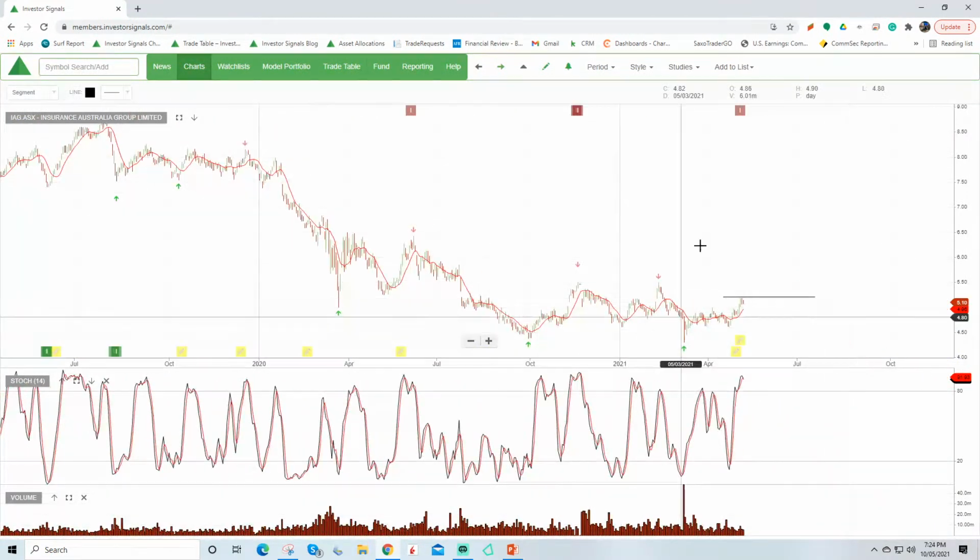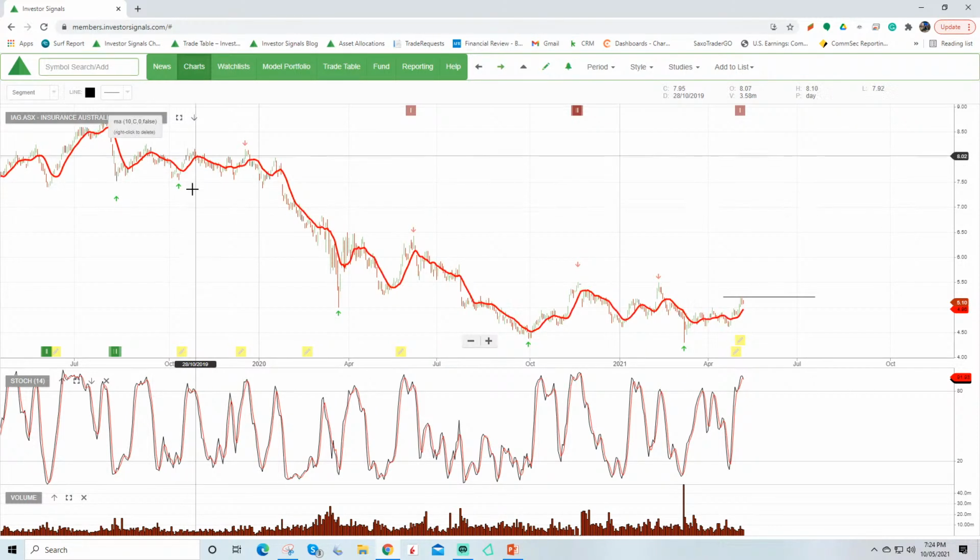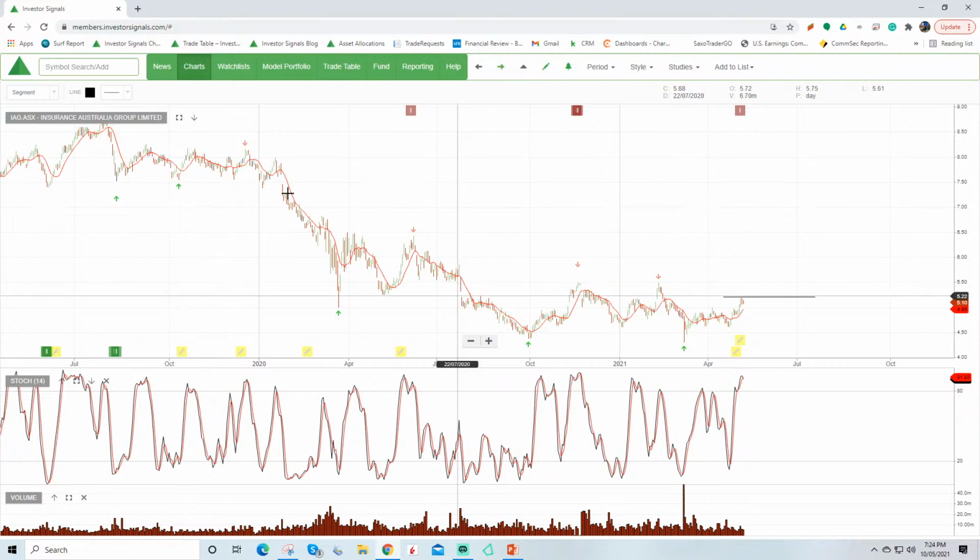But if we step back and look at the bigger picture here, Insurance Australia Group in the long term could trade back up to around this $7 to $8 range. So it does have the potential to be a meaningful counter trend trade. What we're looking for is ultimately the price to break above that 550 level, pull back, and then create a new uptrend, and we'd get a shift to algorithm buy conditions. But if you are looking for these counter trend trades and long-term recoveries, there's a couple that I've flagged. Obviously, CIMIC Group is one, and Insurance Australia Group is another that you want to be keeping an eye on.